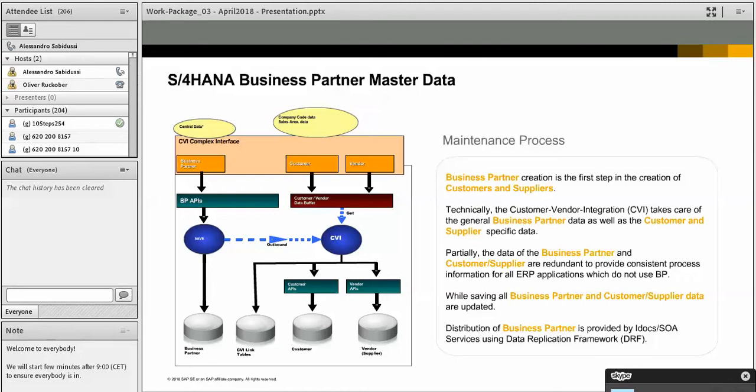So you don't have the possibility anymore to directly create a customer or a supplier or vendor, as it is called in S4, but you always have to create a business partner. Then what happens is that technically the customer-vendor integration will take care of the synchronization of the business partner data you have created to the related customer and vendor master data, which means, as you can see in the picture,